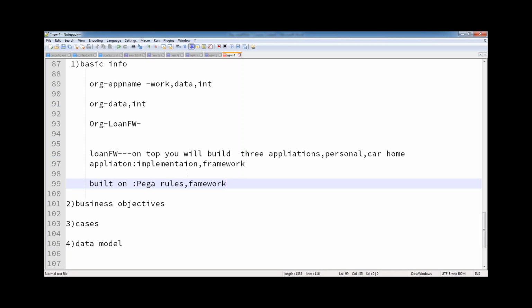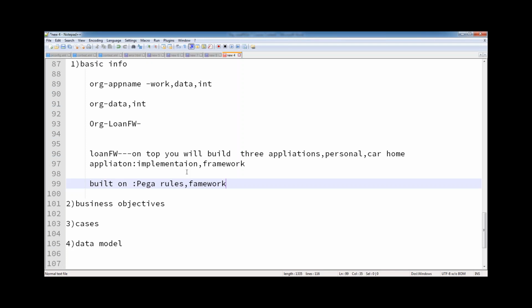Those are not the client requirements. The client gives you the requirements, and your architect will be there. Whoever has more knowledge in that space can visualize at a high level and suggest some cases and data models as well.